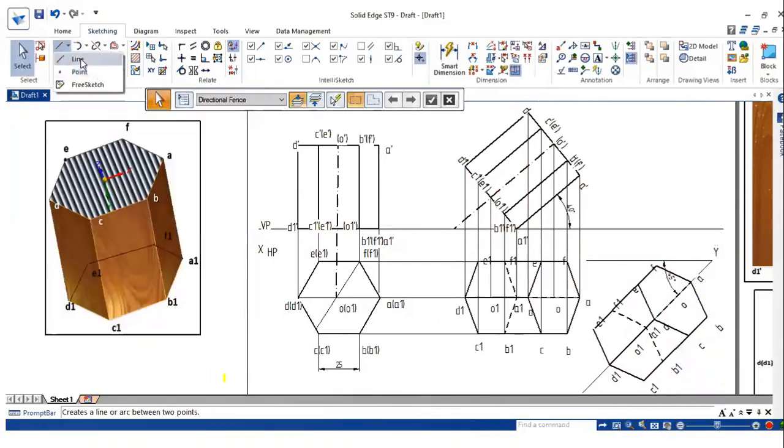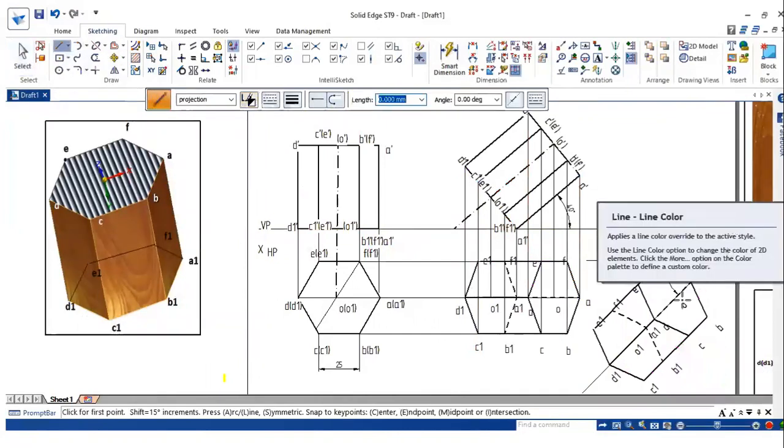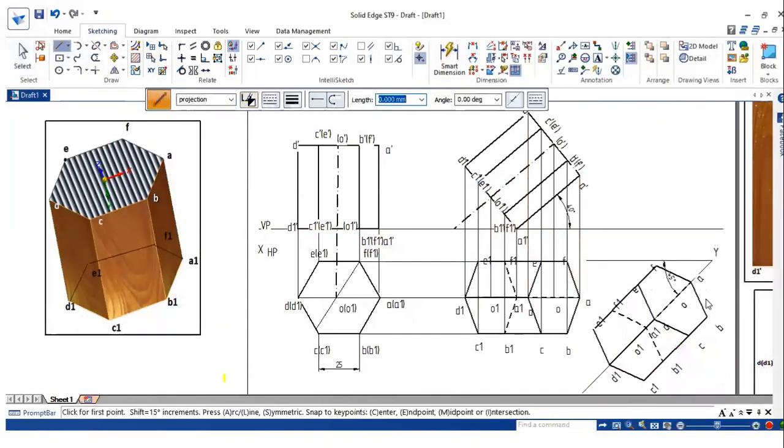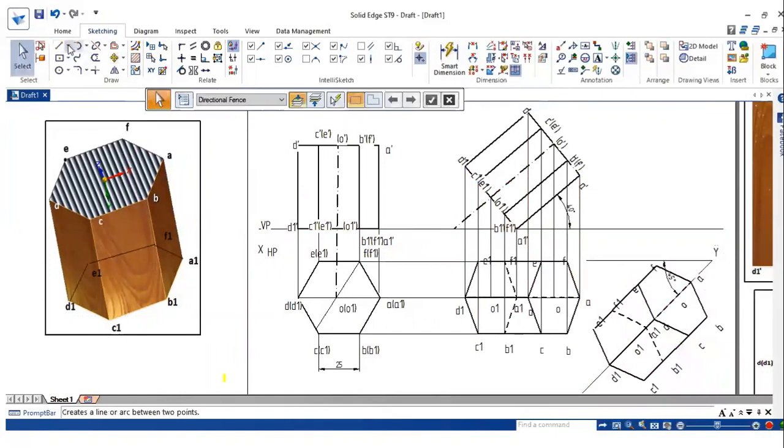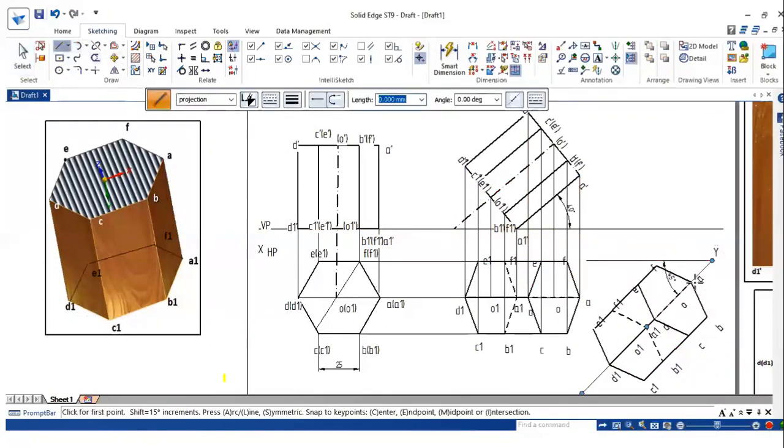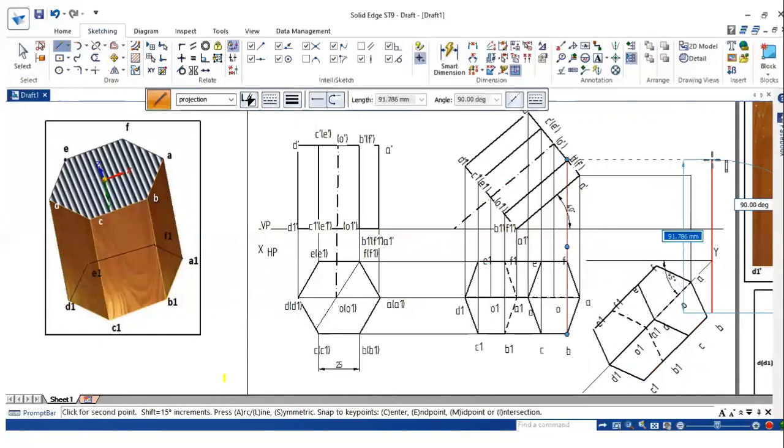Now go for line option, projection line. Go for A dash. So this is my point A. B, B dash.